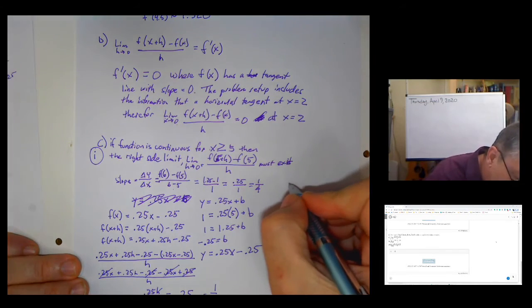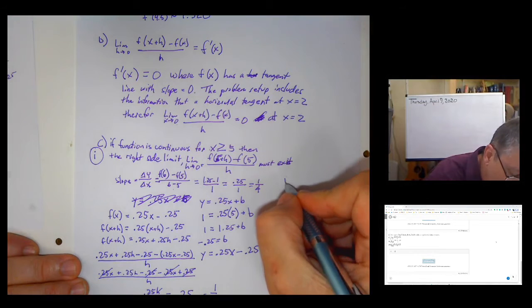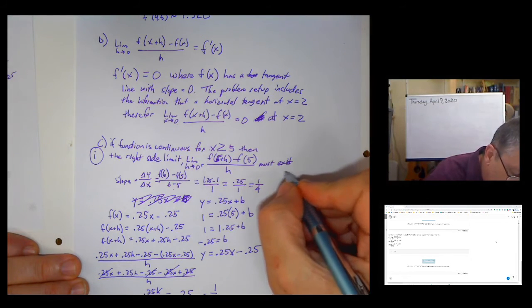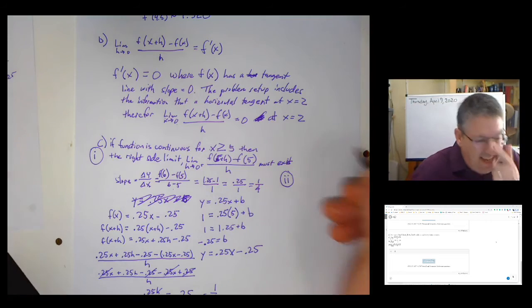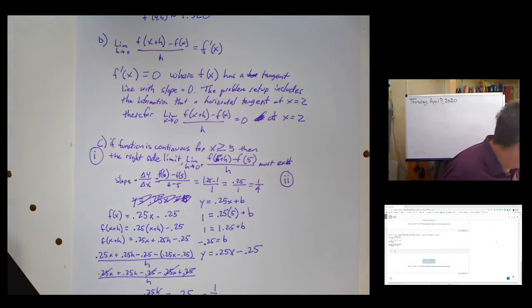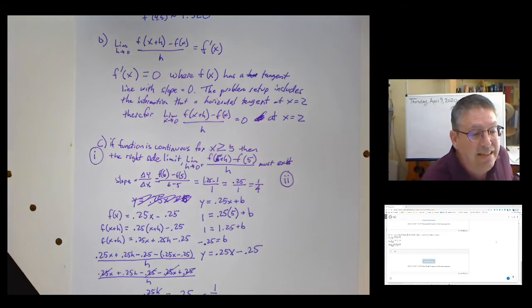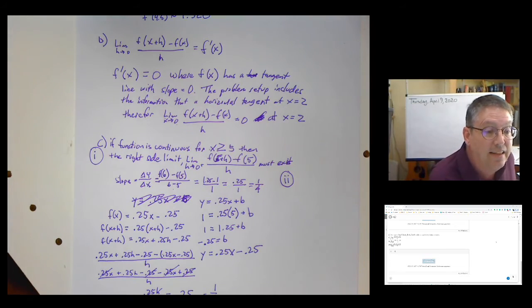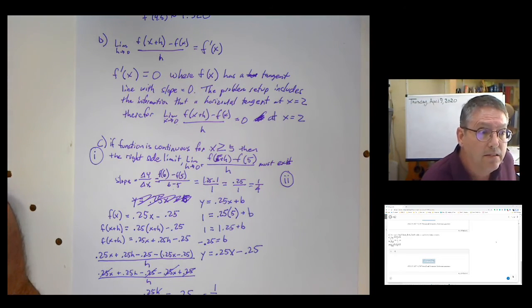Now the second one, and you're going to see why we don't need room for this in a second. The second one, they say, does not exist. Where'd my notes go? Well, let's just look at it. It's the left side limit. And visually, the left side limit does exist, but